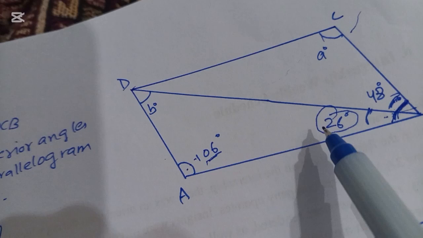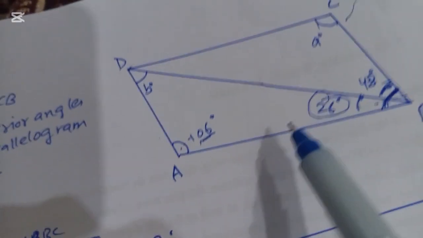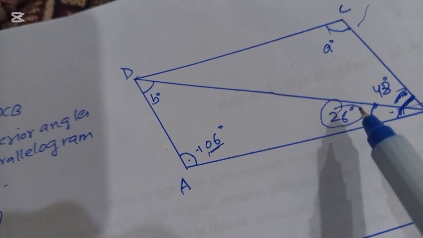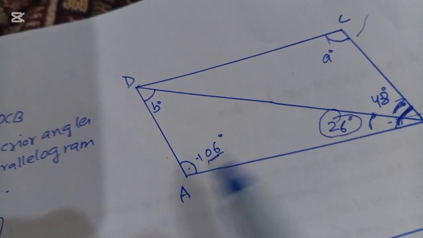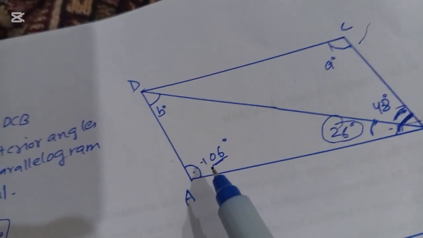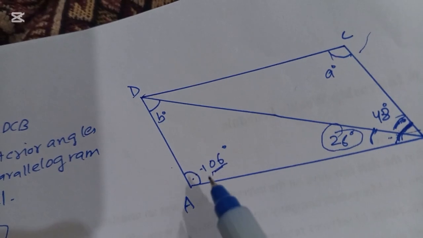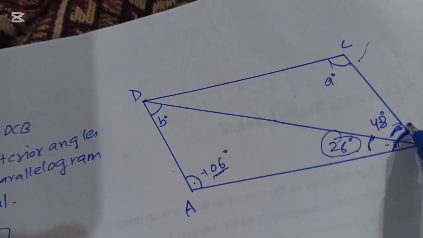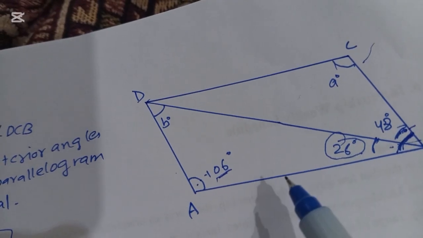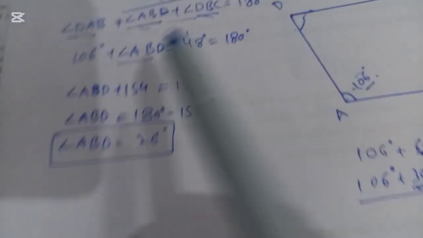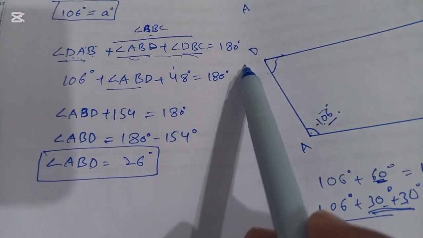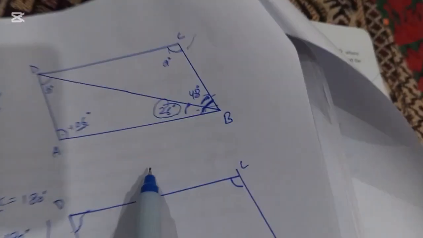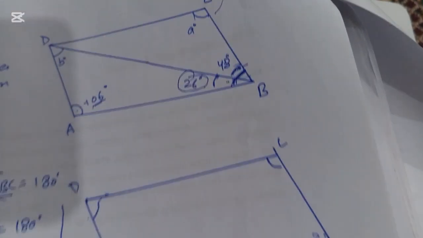How did I find it? I used the law of parallelogram. In a parallelogram, two adjacent angles, their sum will equal 180 degrees. So I used one. This one is adjacent. This one angle is adjacent to this one. So I wrote that this angle plus its two parts, this one part and this one part, their sum will equal 180 degrees. So by using that, we have written it in equation form and we have solved it here, right? So we have solved and we found the value of this angle, 26 degrees. So now